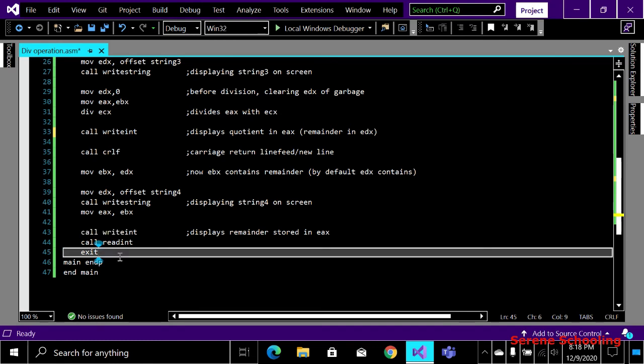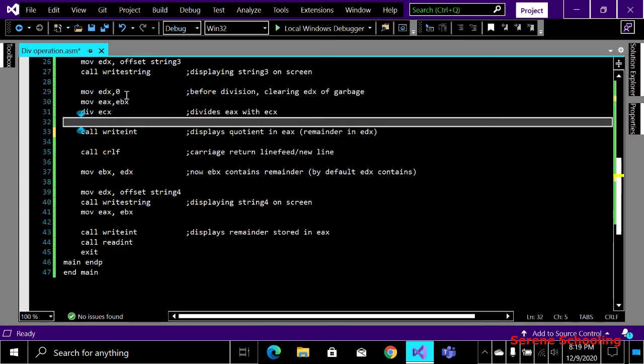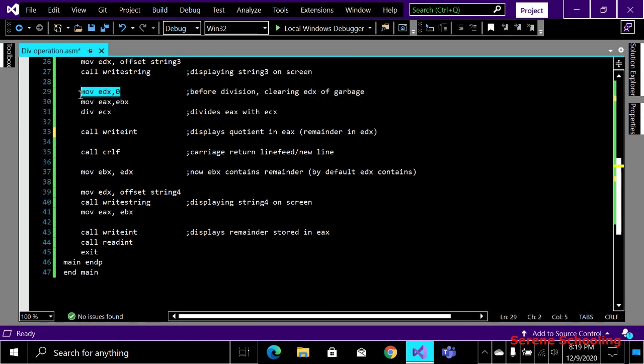So this is how we display the remainders and quotients, and there are a lot of register movements so that we don't lose our values, because we are using only three to four registers: EAX, EBX, ECX and EDX. We are doing all our functionality with only these four registers, so we have to save our previous values before storing some new value there, right? For that purpose we are moving 0 into EDX. This is compulsory in some compilers, so I have mentioned it as a precaution, but maybe not in all the compilers. You can see it yourself.